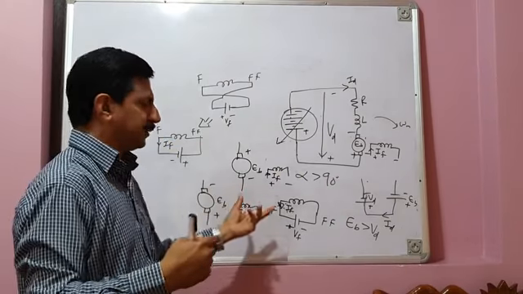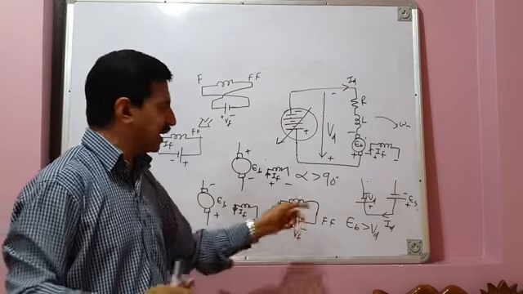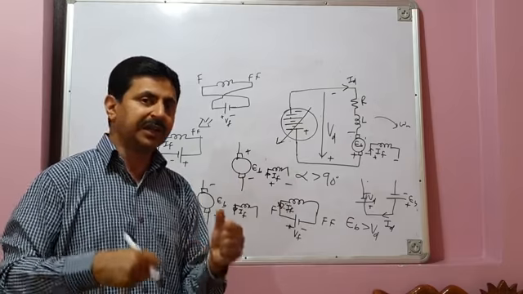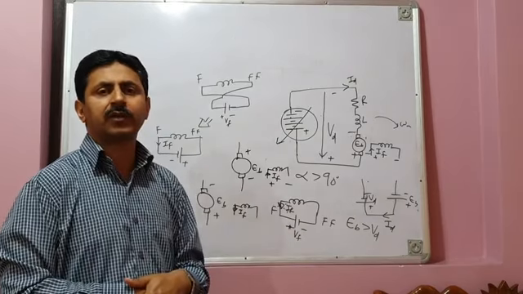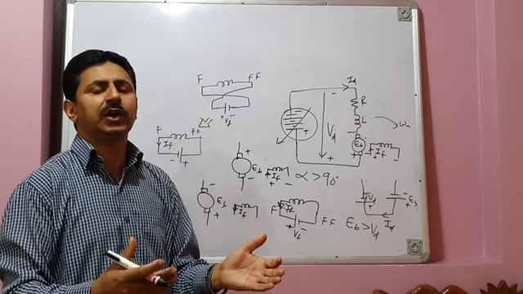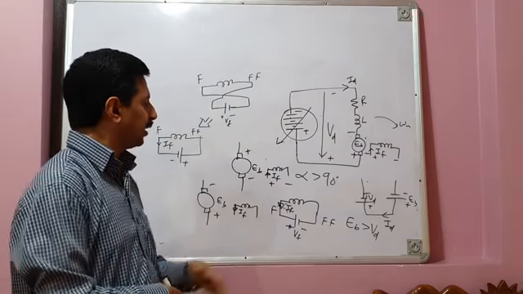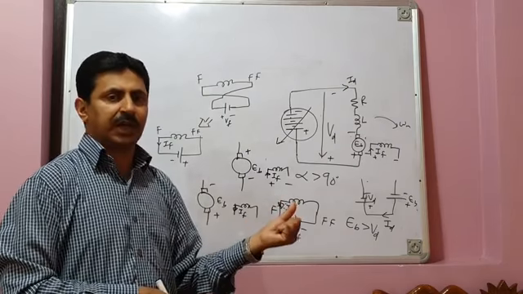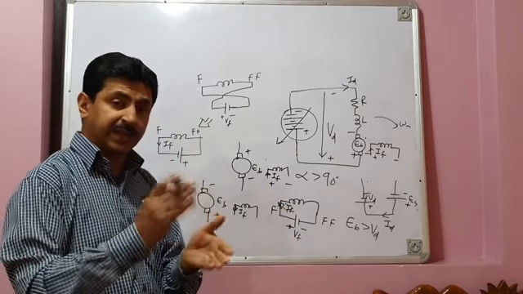When you do that, two things will take place. As soon as you open the switch, note that the field is a highly inductive circuit, and you are breaking the field current. Previously a certain amount of field current was flowing. When you open the switch, the field current will become zero and di/dt will become very, very large, and that will result in a large voltage across the field winding. That is because you are breaking an inductive circuit.